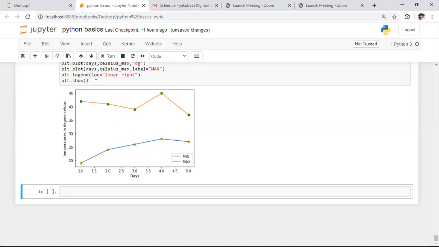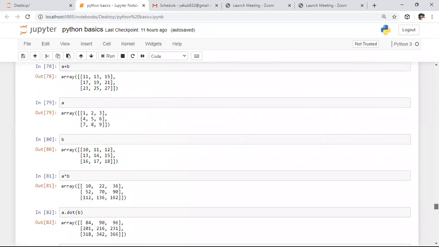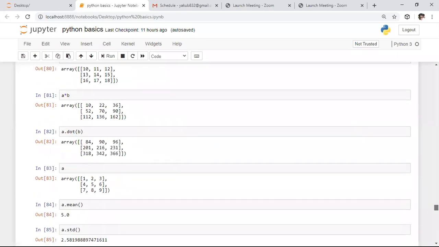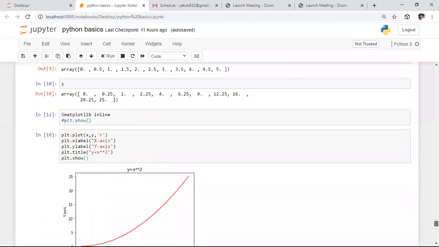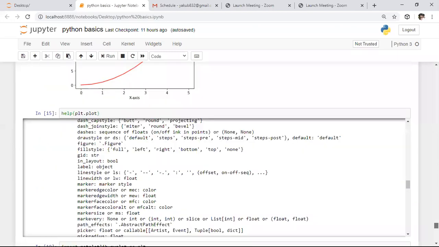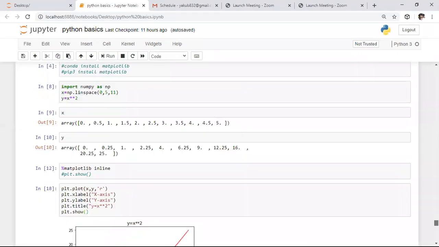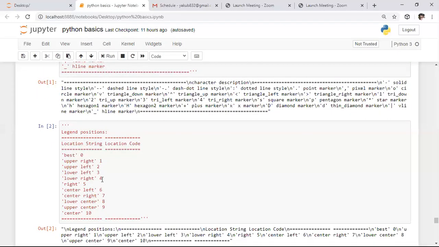In the legend we have the location attribute. Whatever location is comfortable to you, you can specify that location. Here we have different kinds of legend locations I specified. I specified those things in the description. I will forward you this after completion of class so that you can go through it. These are the different kinds of legend locations.